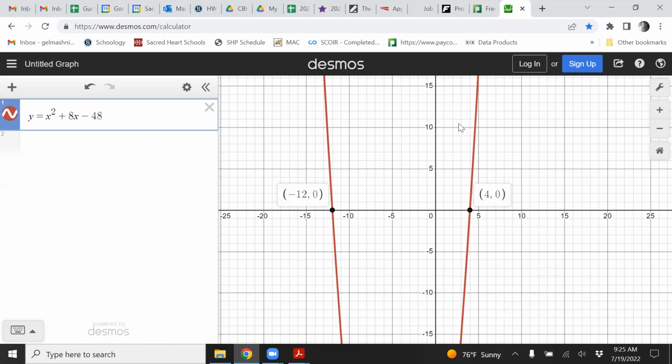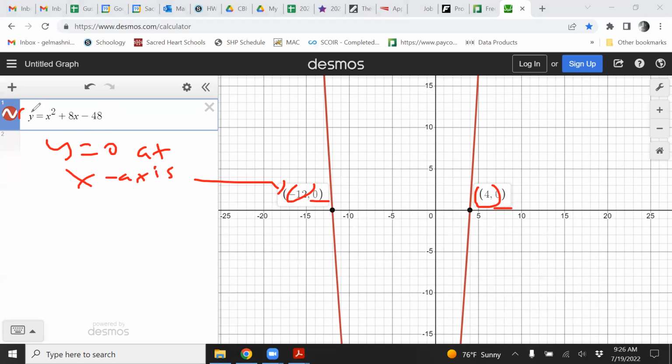When you're solving a quadratic equation, you're setting it equal to 0. You're letting y be 0. When y is 0, that's an x-intercept. So you want to see where the graph crosses the x-axis. That would be the solutions to this equation. That's making a graphical-algebraic connection, which actually is a big part of Algebra 2. When you take Algebra 2 in the fall, that's usually going to be the big idea, that you want to make those kinds of connections. Realizing that, oh yeah, y equals 0 at the x-axis. Right? Duh, 0. And your equation equals 0, so you make that connection. So that's one thing you can do also. You don't have to do factoring if you don't want to. You could use this resource. It's totally fine. Or you could even use a graphing calculator,